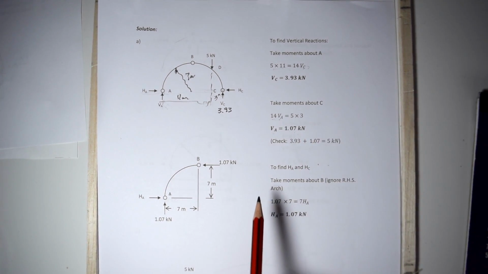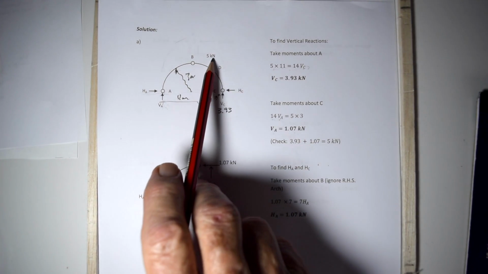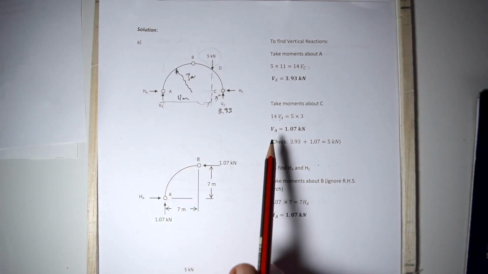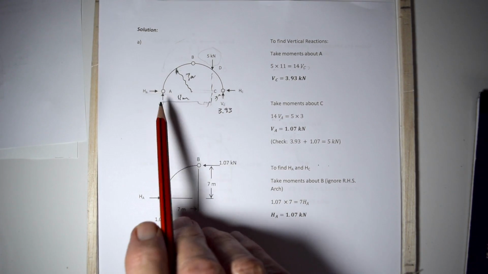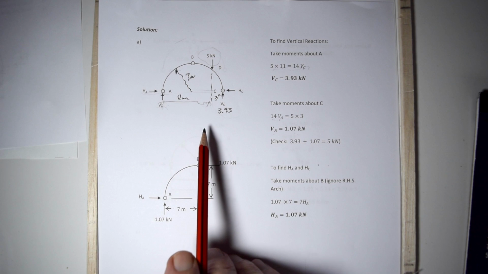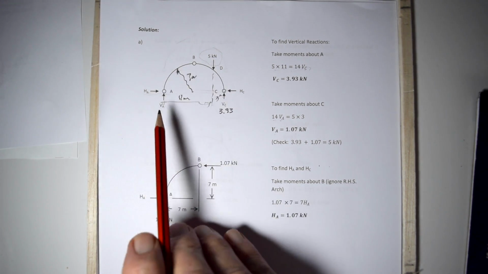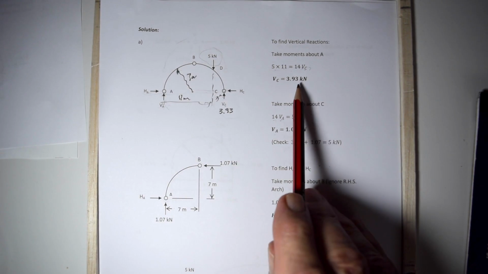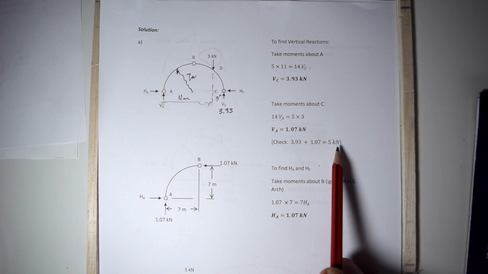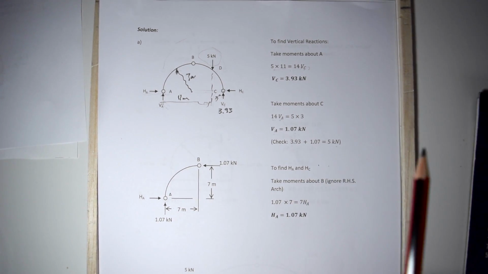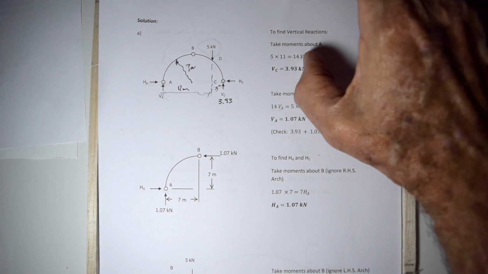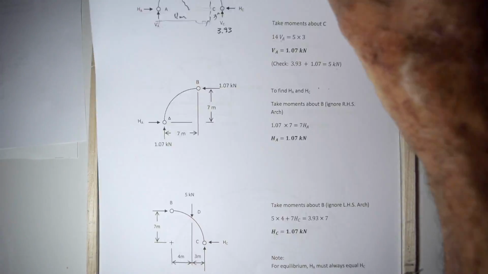We can now check for vertical equilibrium. You have a force coming down of 5 kilonewtons. The sum of these two forces should equal 5 kilonewtons for this system to be in equilibrium. So if you add VC to VA, you get 5 kilonewtons. Our arithmetic is correct. Moving on,